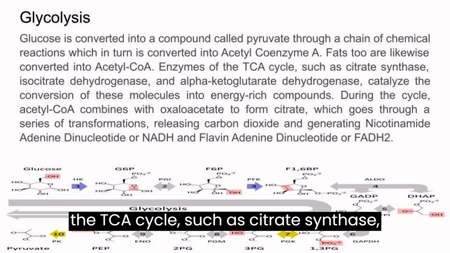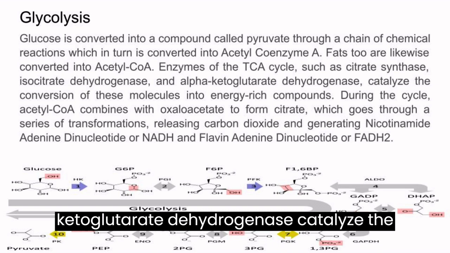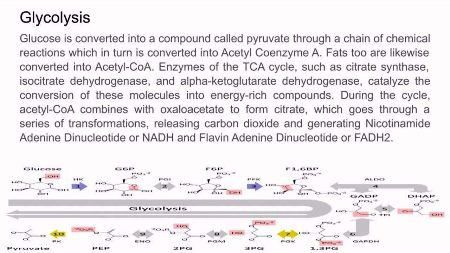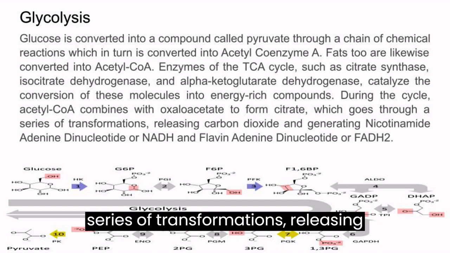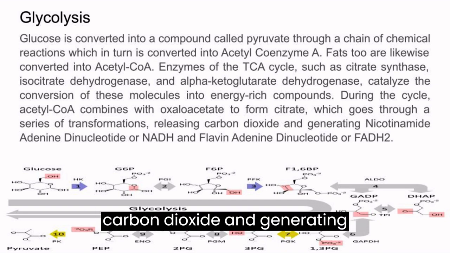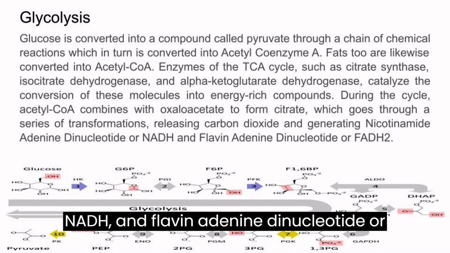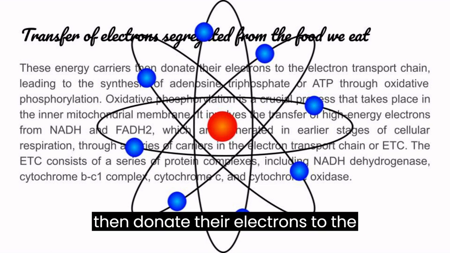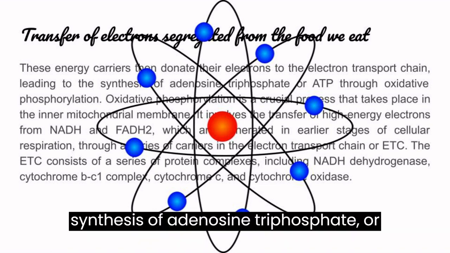The enzymes of the TCA cycle, such as citrate synthase, isocitrate dehydrogenase, and alpha-ketoglutarate dehydrogenase, catalyze the conversion of these molecules into energy-rich compounds. During the cycle, acetyl-CoA combines with oxaloacetate to form citrate, which goes through a series of transformations, releasing carbon dioxide and generating nicotinamide adenine dinucleotide or NADH and flavin adenine dinucleotide or FADH2. These energy carriers then donate their electrons to the electron transport chain, leading to the synthesis of adenosine triphosphate or